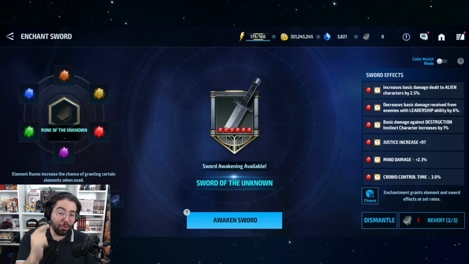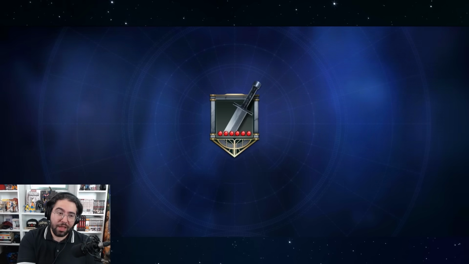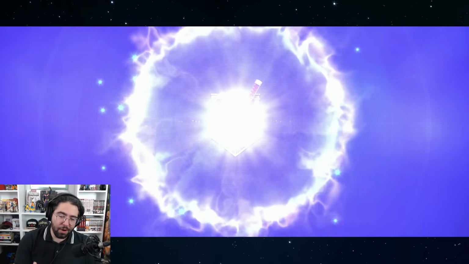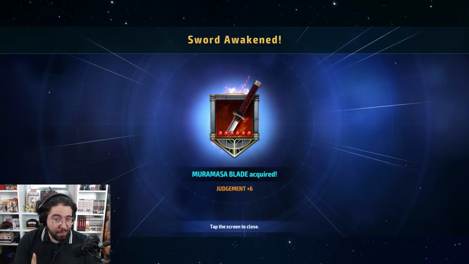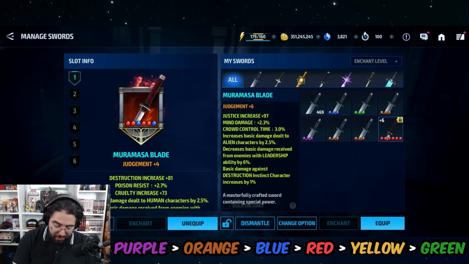Now, in hindsight, was it worth the $30? Hell yeah, it was worth the $30. Hell yeah, baby. That's a perfect sword. This is a perfect Muramasa. Yes. Not the best color anymore, and I'll give you a revised ranking for the colors, but this is perfect